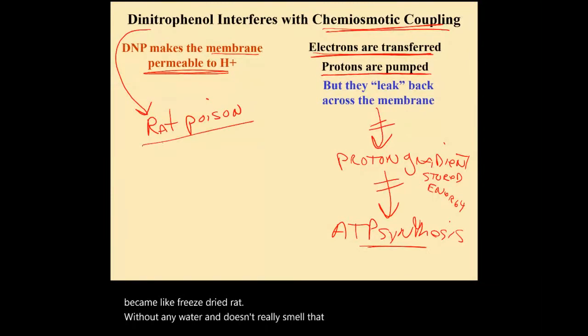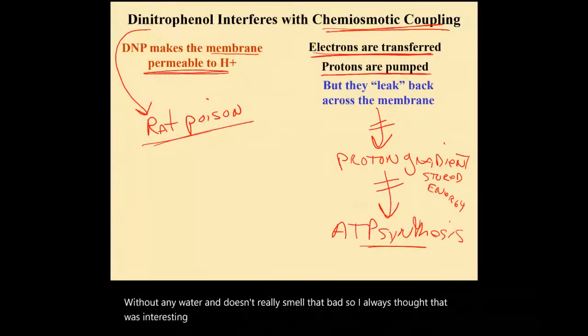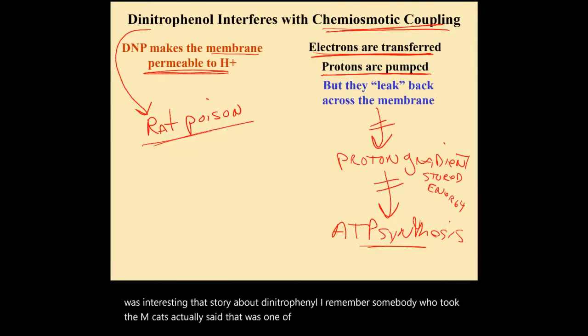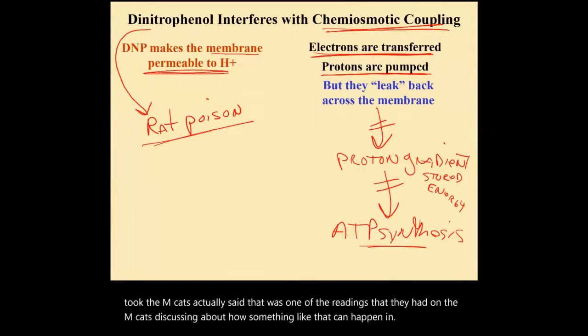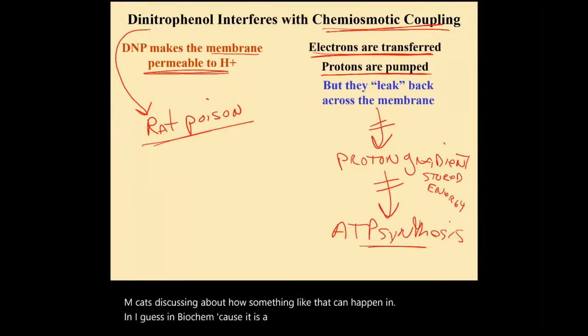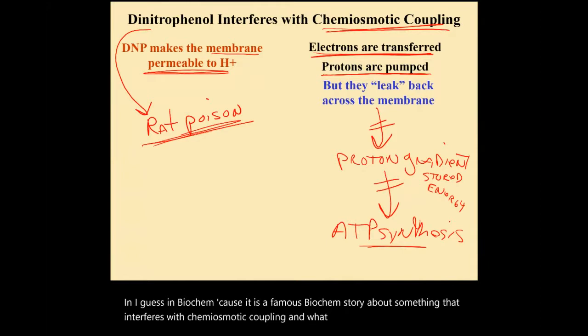So I always thought that was interesting, that story about dinitrophenol. I remember somebody who took the MCATs actually said that was one of the readings that they had on the MCATs, discussing how something like that can happen in, I guess, biochem, because it is a famous biochem story about something that interferes with chemiosmotic coupling and what happens. So they do use it in rat poison. And the funny thing is that some people said, how about